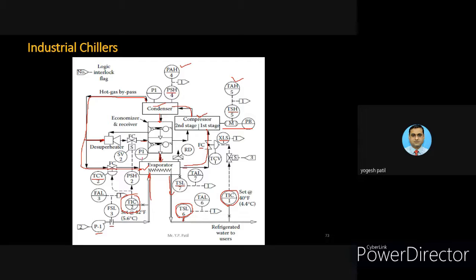Then you can see here the pressure indicator is also there. You can also see there is an RD type of thing. So RD means the roof drain. So a roof drain type of arrangement is also there. Then SV means solenoid valves. You can see over here this particular valve is a solenoid valve. Yes, many things are now clear from their notations. Now we can easily understand how many things are there in a particular system.